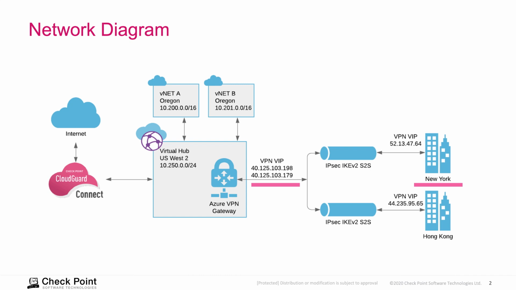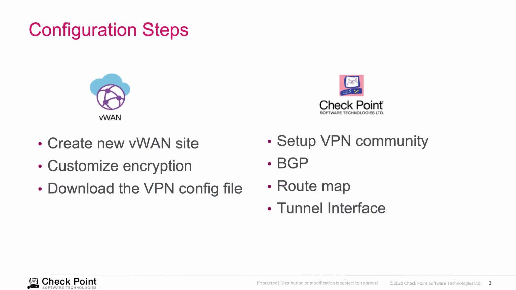Our lab today is to set up a site-to-site VPN between the vWAN hub and our New York office. So what are our configuration steps? Starting from the Azure side, first we'll create a new VPN site for New York. To enhance security, we'll also customize the VPN encryption settings. Then we will download and go through the VPN configuration file to extract the VPN gateway IP address and our